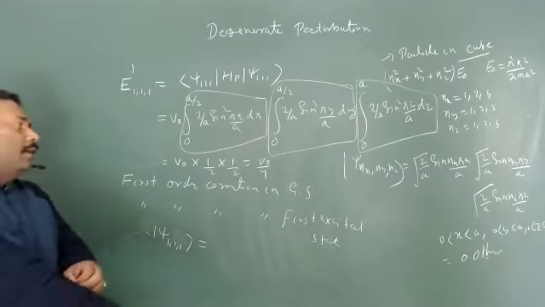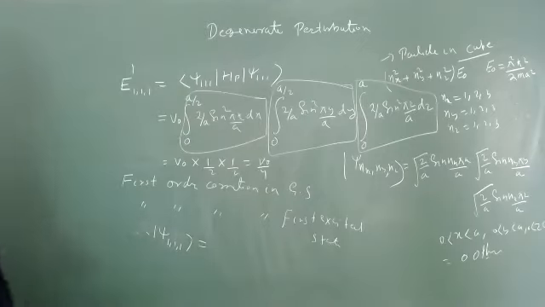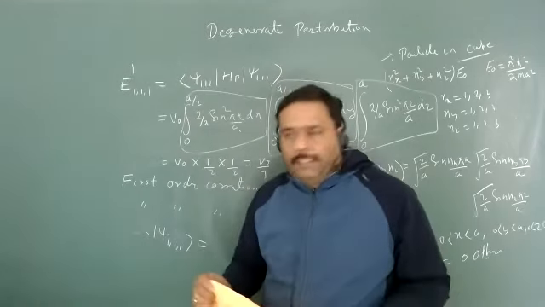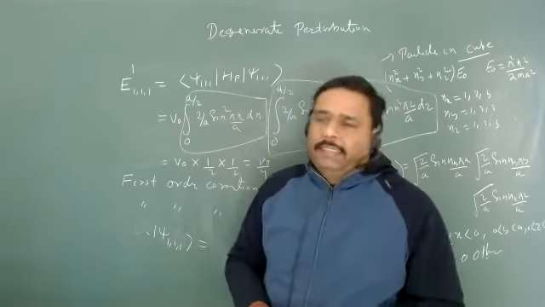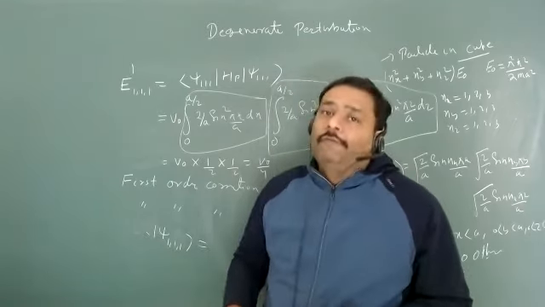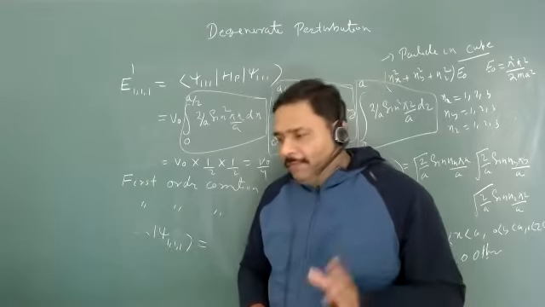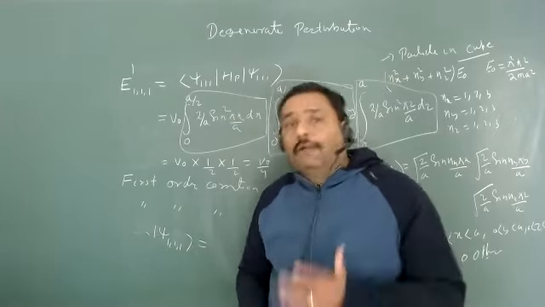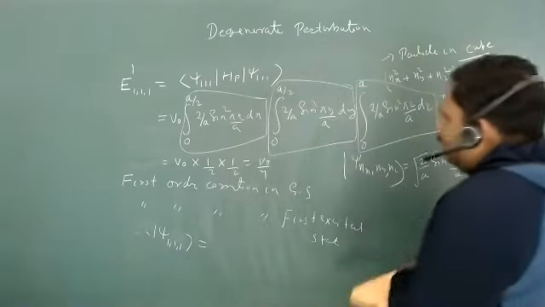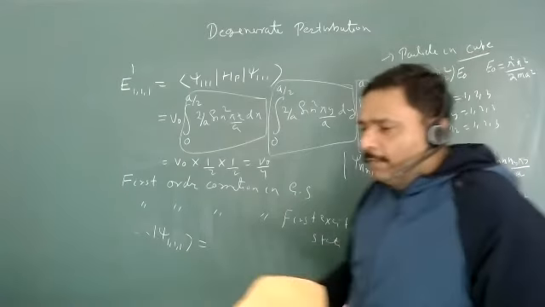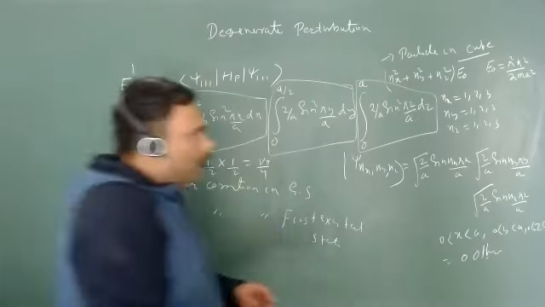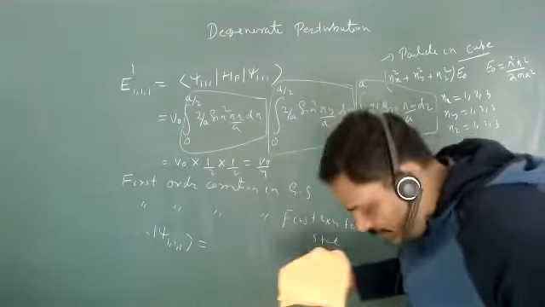So this is all about your first order correction in the ground state. We have just used non-degenerate perturbation theory, and we can easily solve it. But let us go for the first excited state, and we will see there is a lot of calculation we need to do. Okay, so let's go for the first excited state. Right now, are you people comfortable? Yes, sir. Good. So let's go for the first excited state.